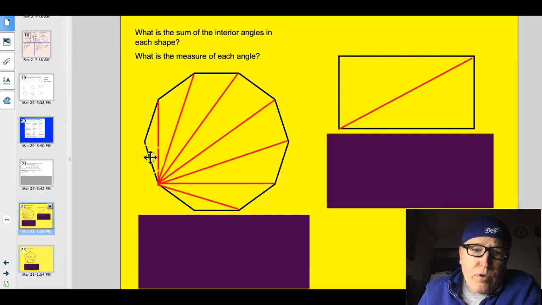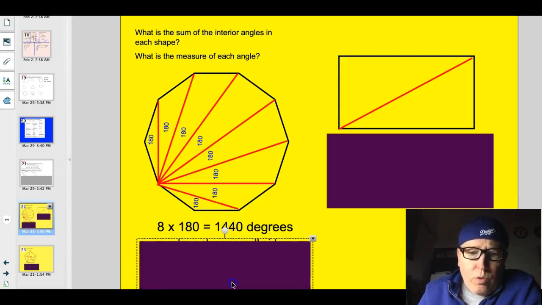So if I trace this line here, I don't make a triangle. If I go to this vertex, I'm just drawing over the top of a line or tracing over it. But all these other ones all make triangles. And for every one of those triangles, there's 180 degrees. See if I can get this other one to go. Somewhere in here. There they are. So all of these are 180 degrees. So if you add all of those up,